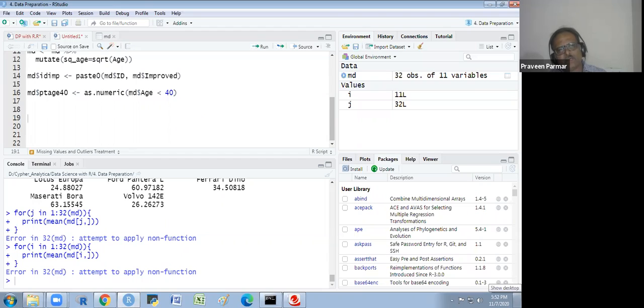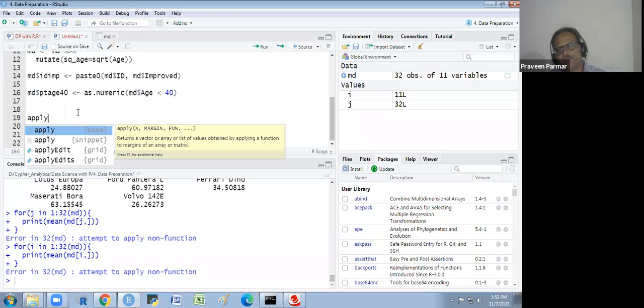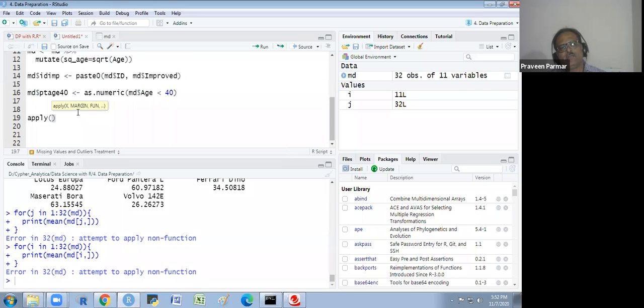First, I would like to apply the apply function. apply is a family of various apply functions. The first function is apply itself. In the apply function there are three required arguments: X is the data, second is the margin, third is the function.